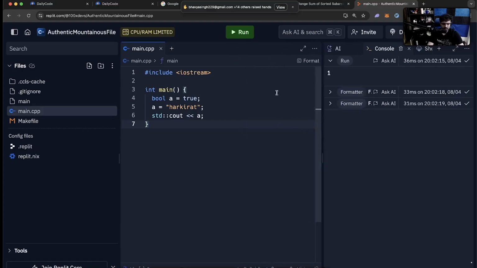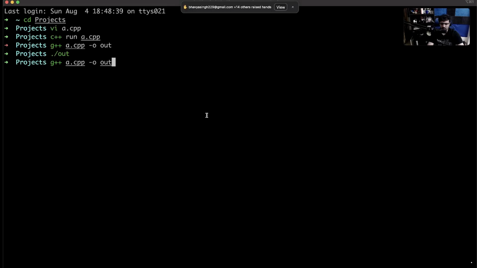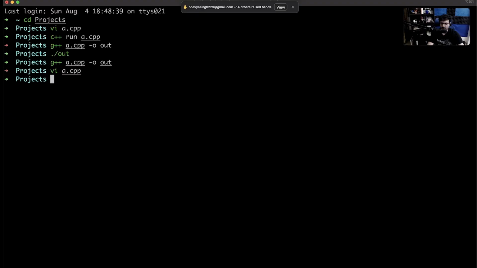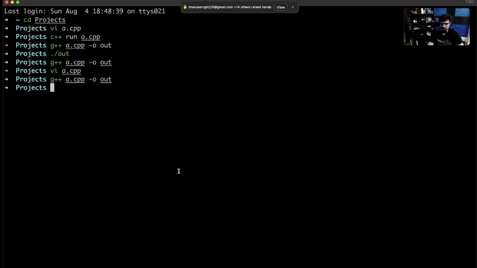What is happening here? Let me run this locally. Replit is being a little weird. Oh, no, you can do it probably. Then let's see. I'm so confused. How is this compiling? g++ a dot c p p. I'm trying to run the same code locally now. Maybe you can convert, or this gets typecasted back to a true, or maybe not. Let's see. Seems like you can.